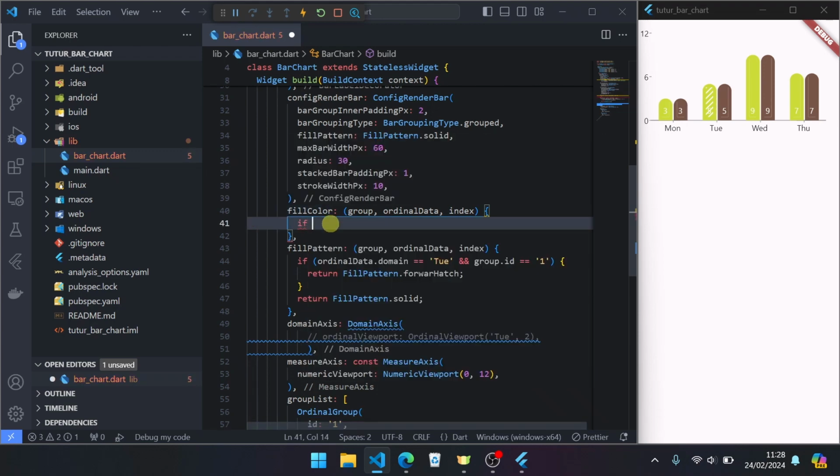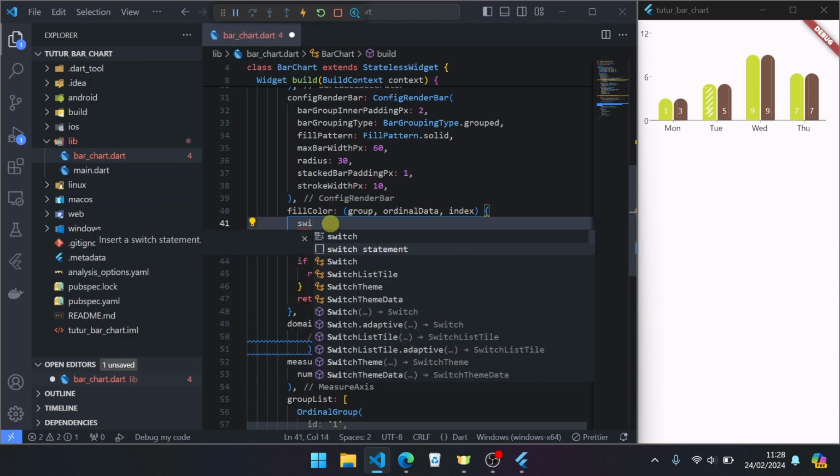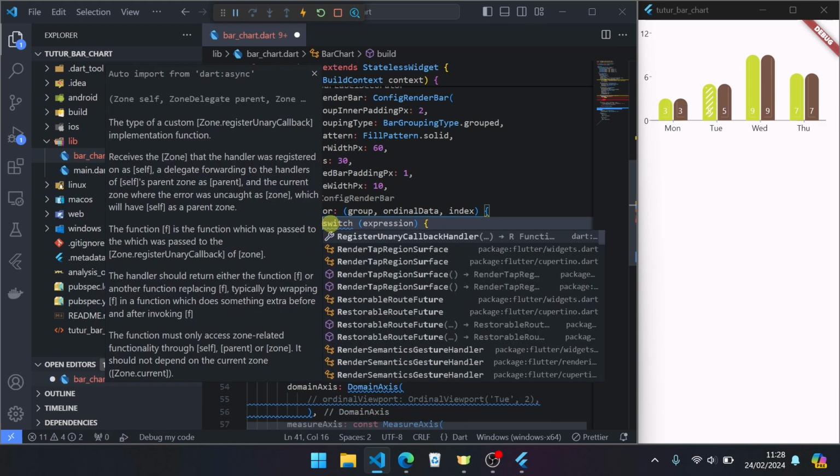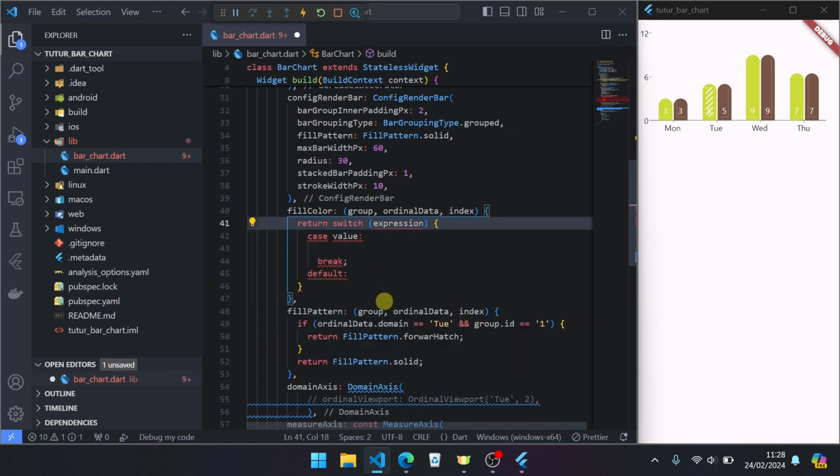You can use if else or switch case. For example, switch. I use switch case for version 3, so you cannot use type of switch below version 3.